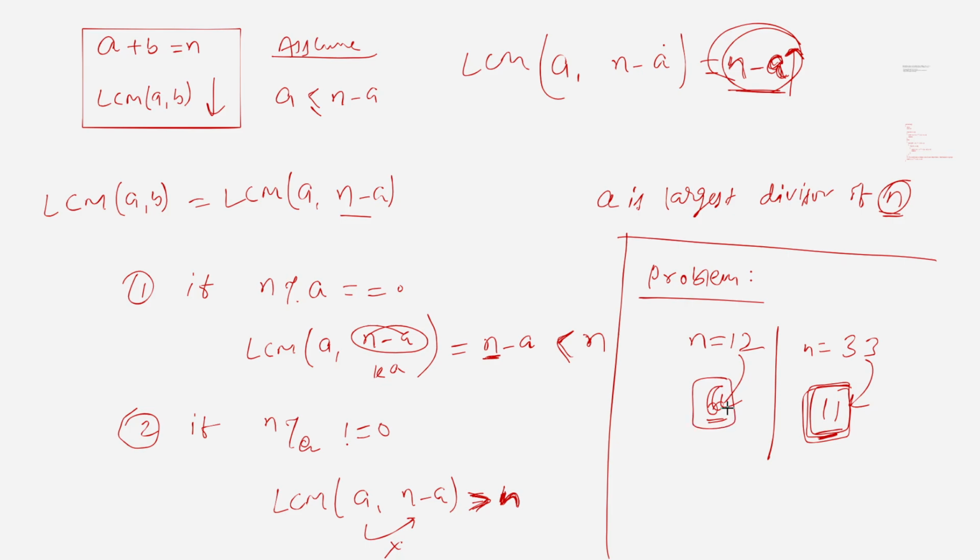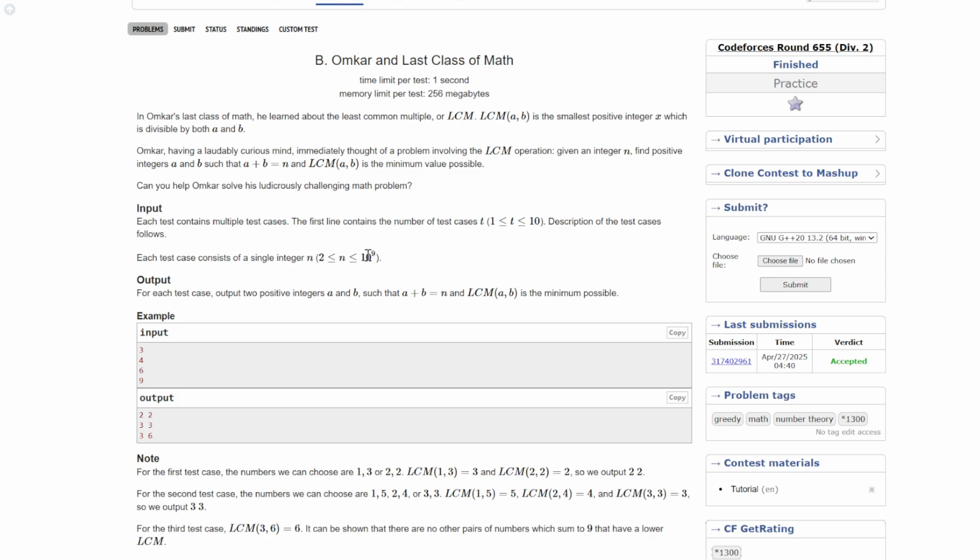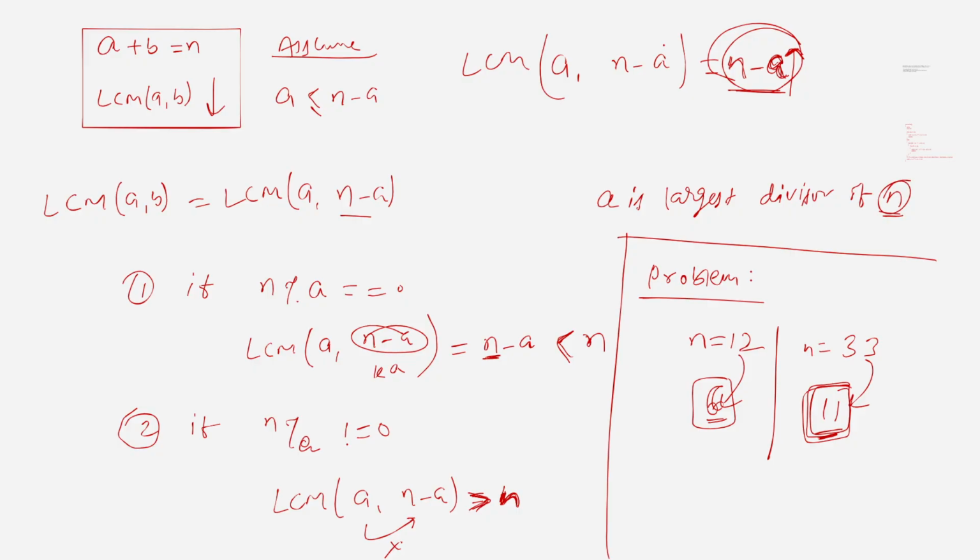So now see the interesting part: you are given n up to 10 to the power 9, so you can't traverse all possible values, with loops from 1 to n by 2, to find the largest divisor. Like you can't traverse up to 16 to find the largest divisor, because n is 10 to the power 9. So see what you can do here to find the largest divisor.